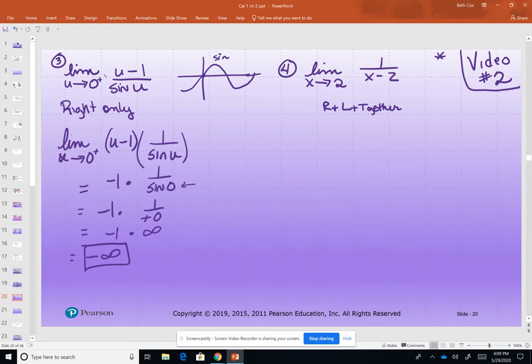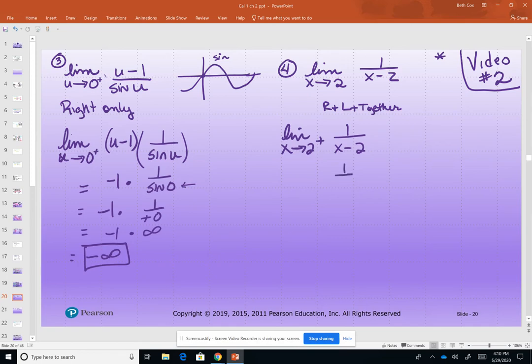All right, so now this next one. This one seems a little bit easier. It seems like this one might be one that we haven't done before, but we've done one similar to it. The very first one was done similar to this one, so you might could actually do this one by yourself. So we're going to do the right, we're going to do the left, and then we will come up with our final answer. So the limit as x goes to 2 from the right of 1 over x minus 2,